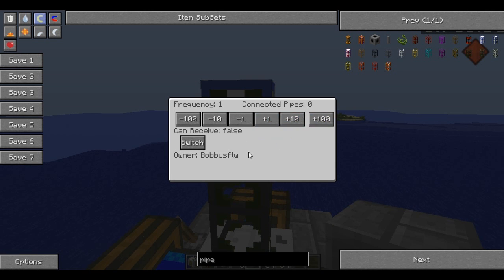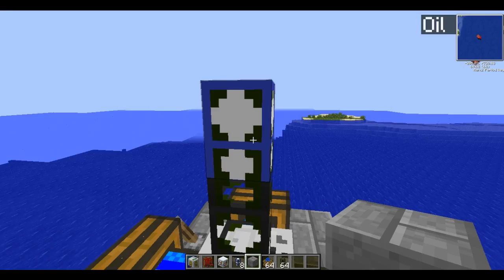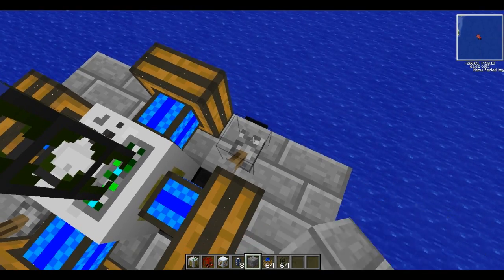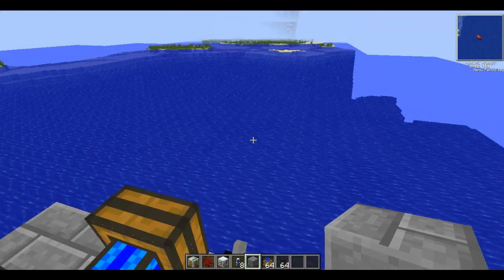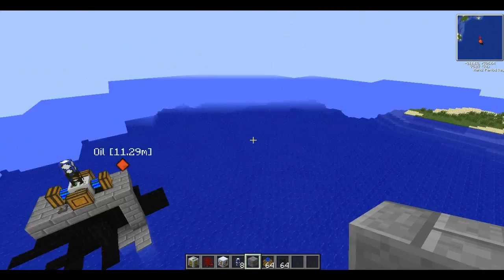So I'm going to set this to 1, and we don't want it to receive, we want it to send, so you leave this as off, so it'll say can receive false. So what I'm going to do is turn these on quickly. Well, it doesn't have to be quickly. And then, as you can see,